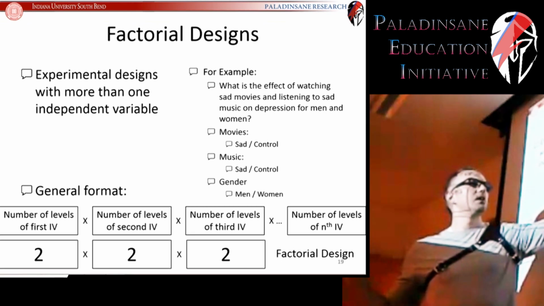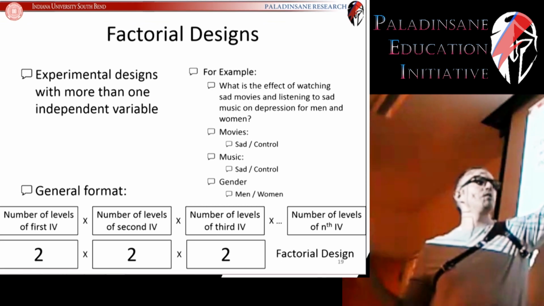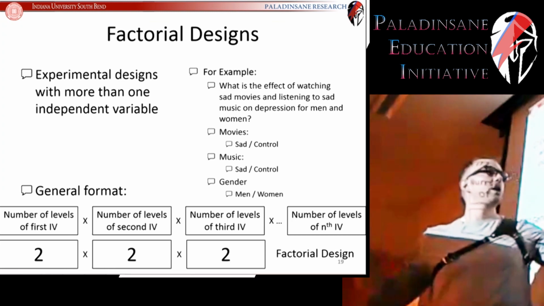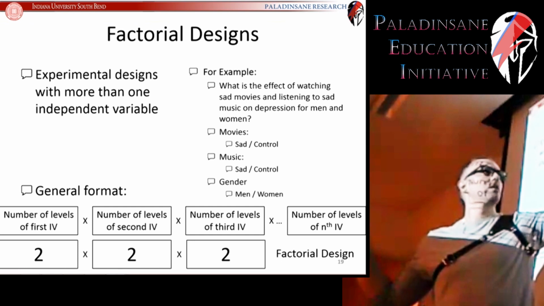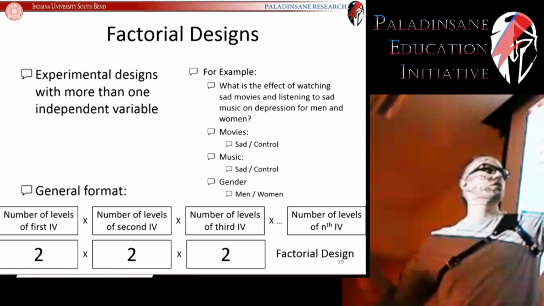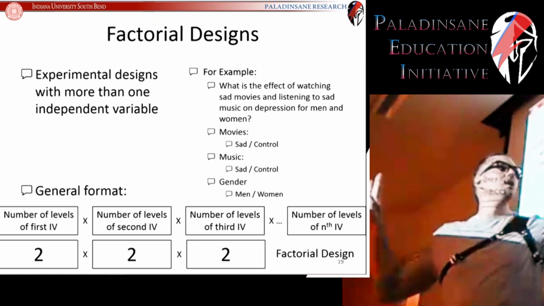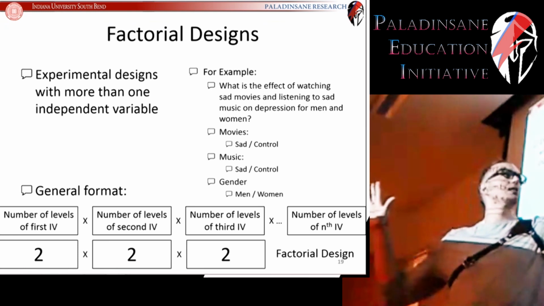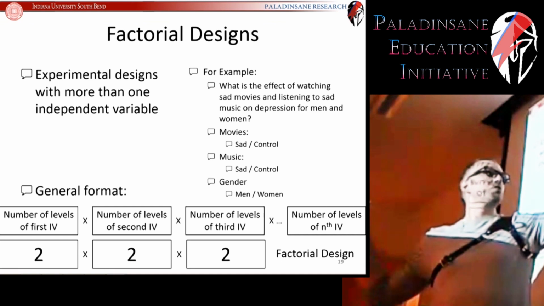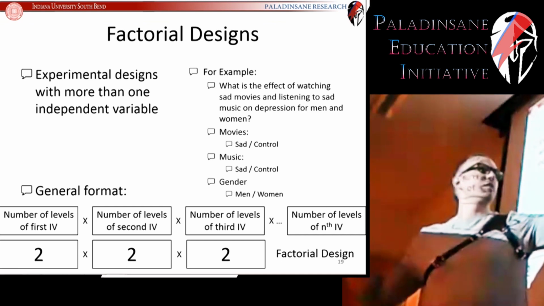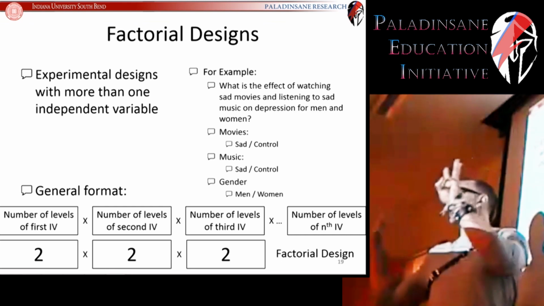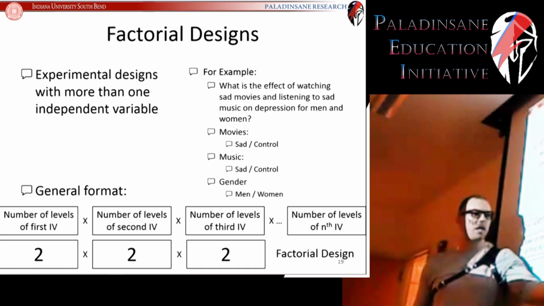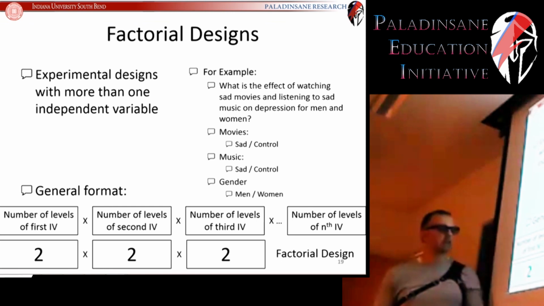We have males that listen to sad music and watch sad movies. We have males that listen to sad music and watch a control movie. We have males that listen to control music and watch a sad movie. We have males that listen to control music and watch a control movie. We have females that listen to sad music, watch sad movies. Females, sad music, control movies. Females, control music, sad movies. And then finally, females, control music, control movies. 8 unique combinations. And that's very quickly communicated by using this format of saying, oh, I have a 2